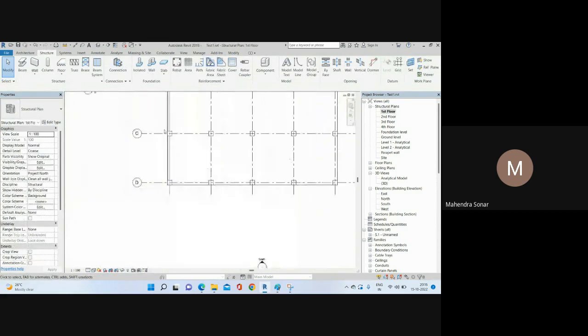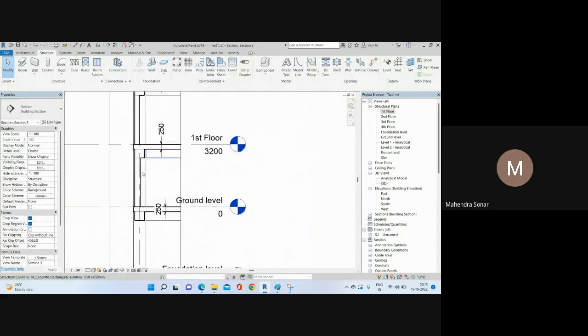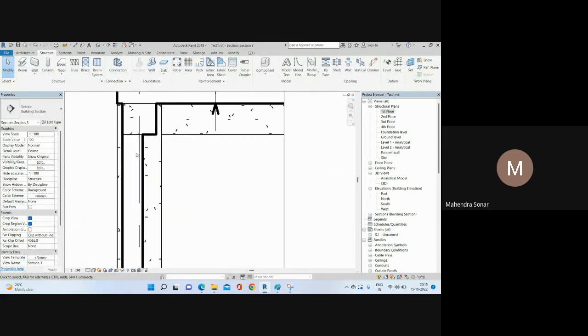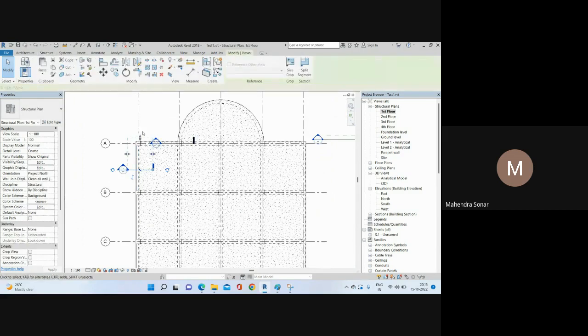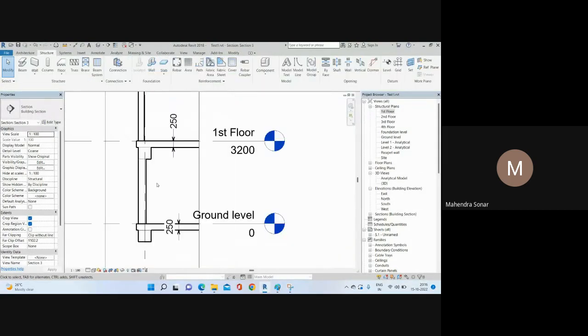Then if you go to again section, right? So my wall is cut, but I want to you can see in section. So what I do, I will just minimize this range, so I don't want to show any column, just show the wall and slab like that, and